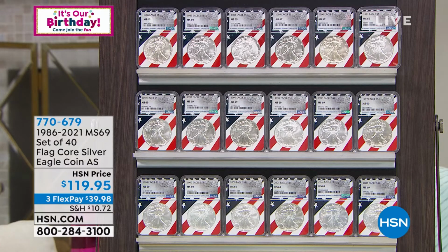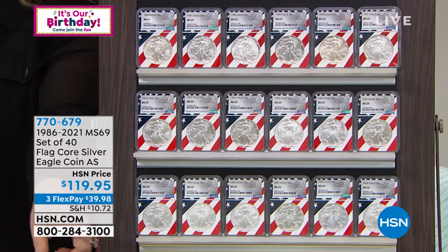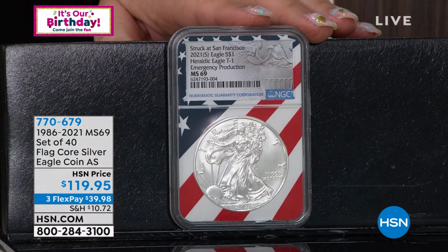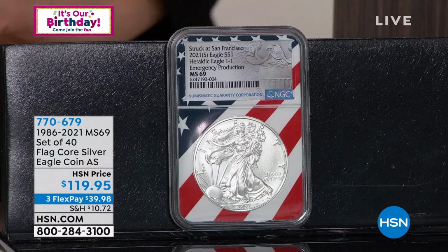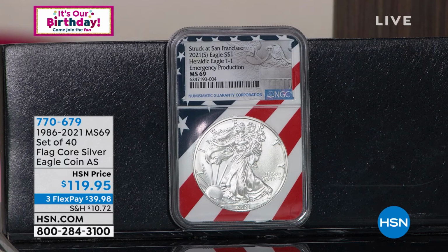Can we look at the coin that ships first? We're going to ship these coins that you see right there. We're going to start with 2021. There were some special coins when 2021, the government found out very quickly that they weren't going to be able to meet the demand. So they had an emergency issue from the San Francisco Mint